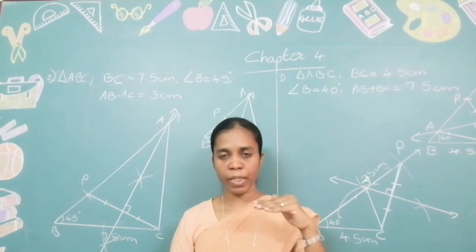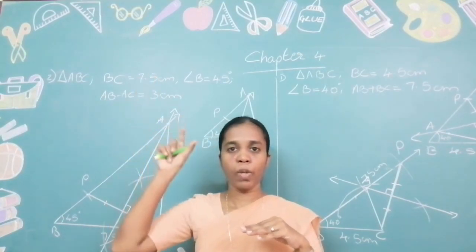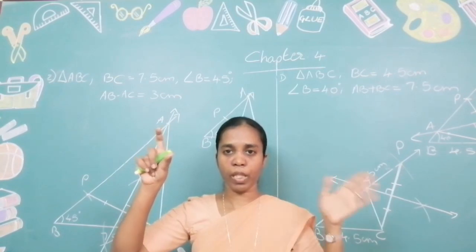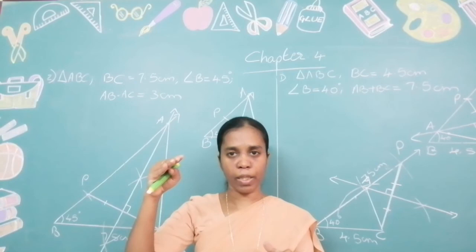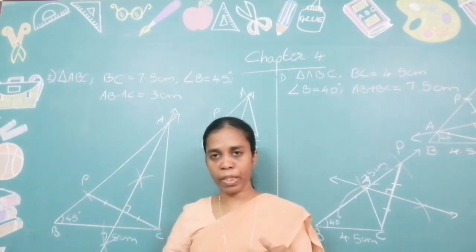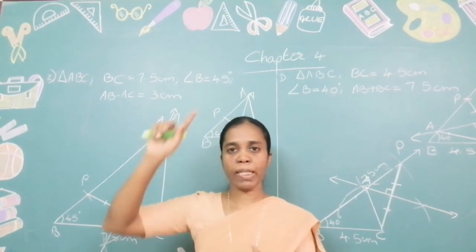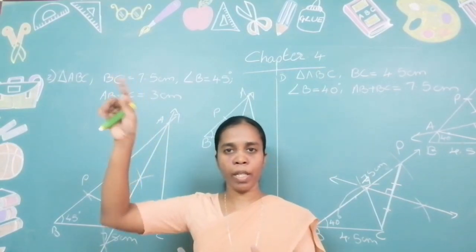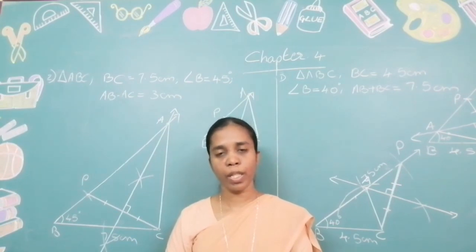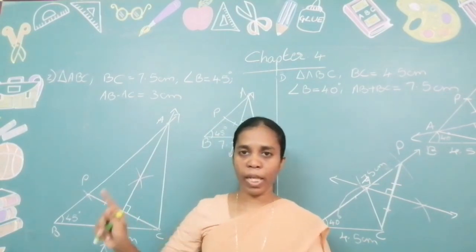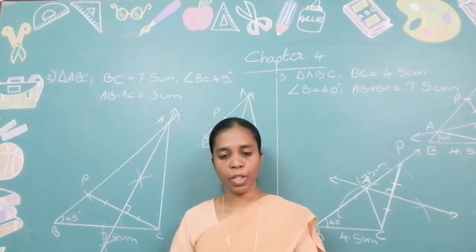First base, then base angle, that is the ray. Whatever is the next measure given, whether it is difference or addition, take that on the ray, mark the arc, join from there to the base, and draw the perpendicular bisector of it. Wherever the perpendicular bisector is intersecting the ray, that is the third vertex of the required triangle. And for that, you will give the name that is asked of us. Is that clear to you?